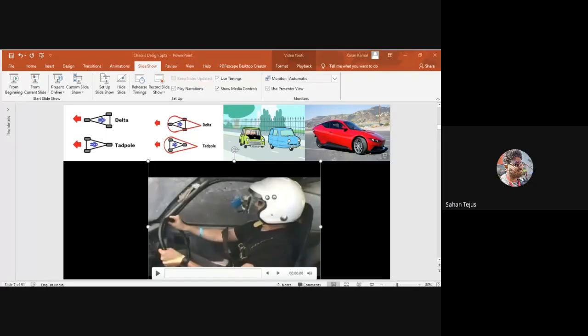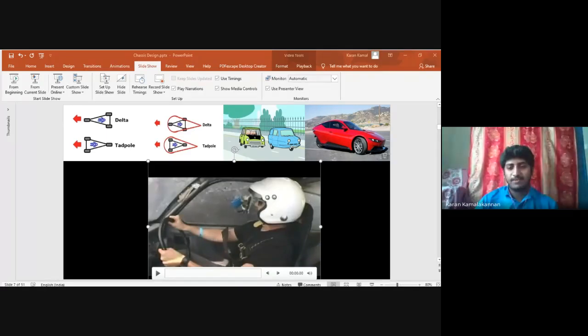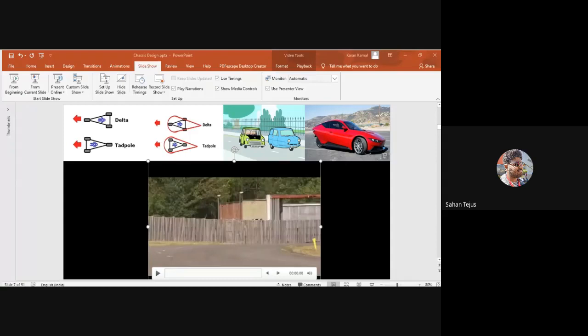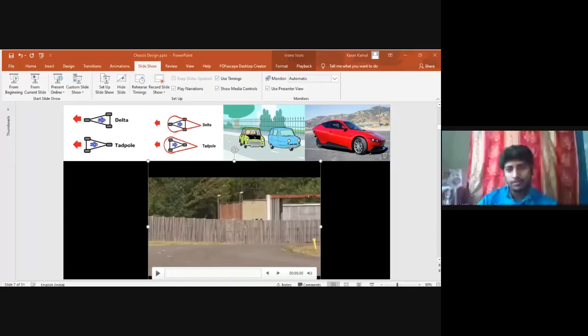Yes, one of the answers, that is right, and I expect more answers from you. Yeah, change in center of gravity, that is good. That is the answer I expect, a perfect answer. And I think turning radius won't have much effect, though it has a certain effect.